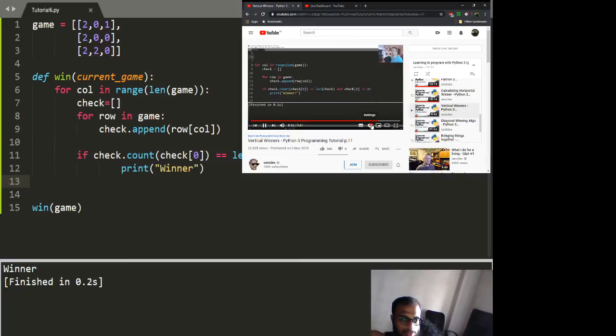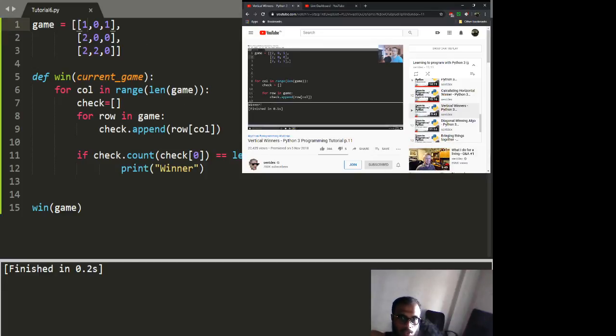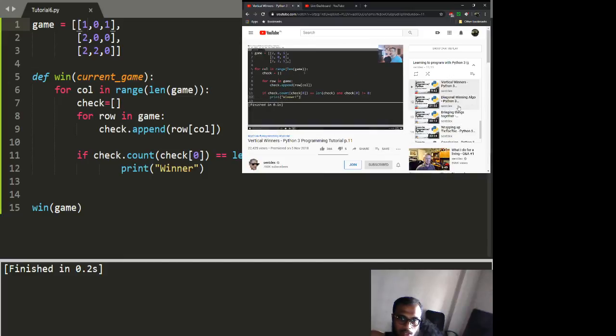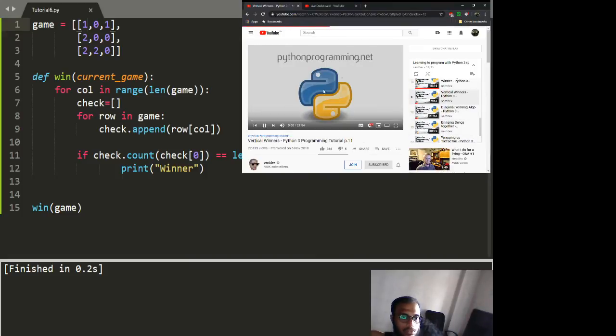We can get rid of this silly columns, run it again. Okay, no winner. Let's add a winner here. Let's do this. Run it. Okay, we've got a winner, and then we can change that. So we will get to stuff like that. But for now, I think I'll stop it here, and in the next tutorial, we are going to do the diagonals, which arguably is